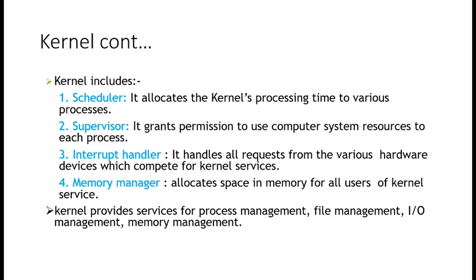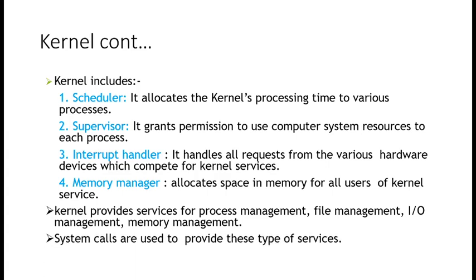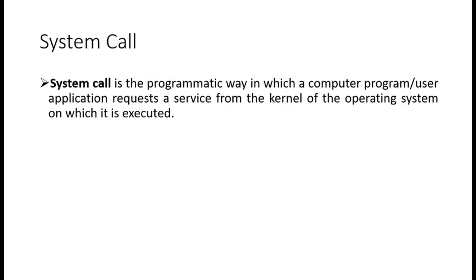The kernel provides services like process management, memory management, IO management, and file management. Okay, these are the four different tasks performed by the operating system. System calls are used to provide these types of services. Okay, system call is explained here. What is a system call? A system call is the programmatic way in which a computer program or user application requests a service from the kernel of the operating system when it is executed. So that means that